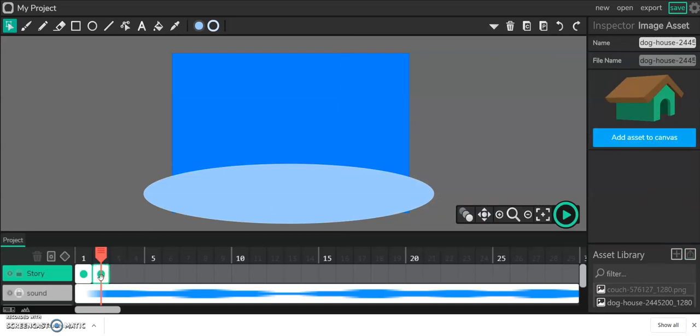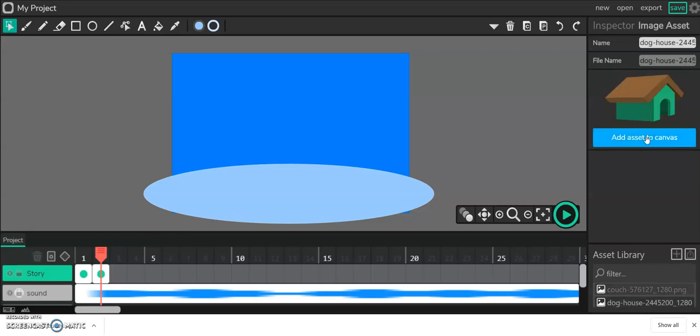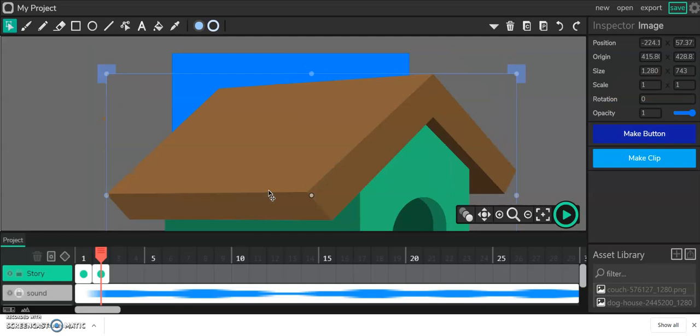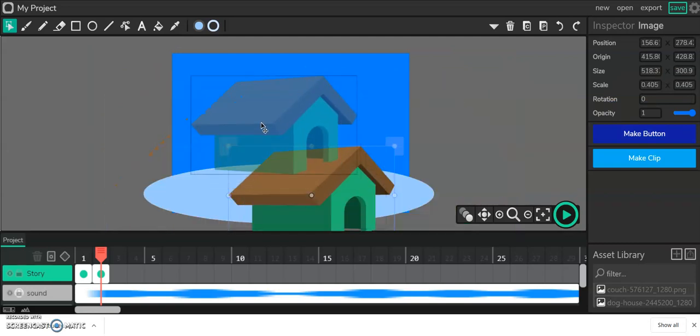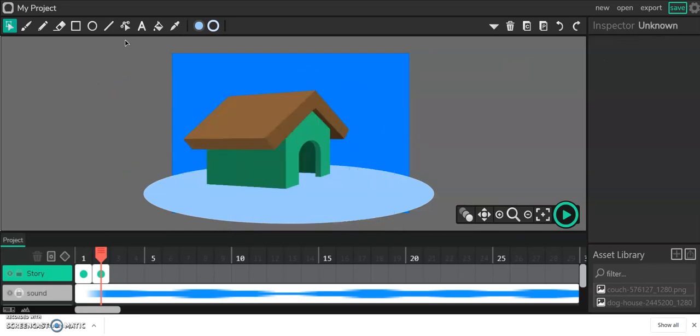So I'm on my correct frame, and I've clicked on my doghouse, and I'm going to go add asset to canvas, and again it's almighty huge, so we're just going to make that smaller. And there's our very random doghouse here, and we're just going to add some text saying it doesn't look like it is from here,